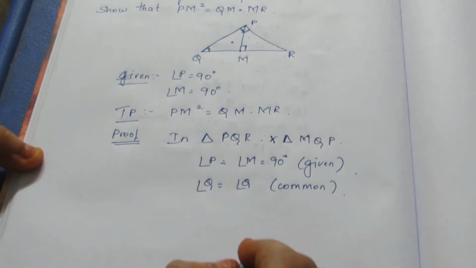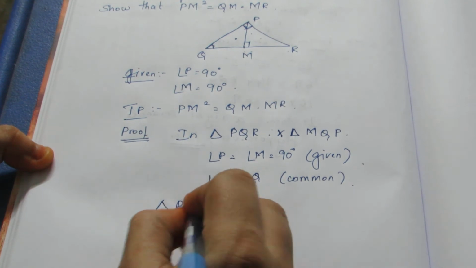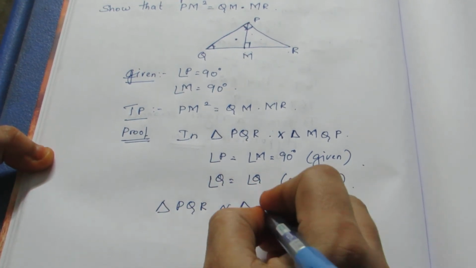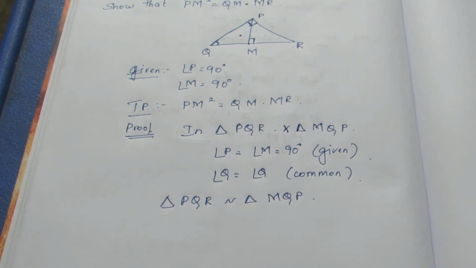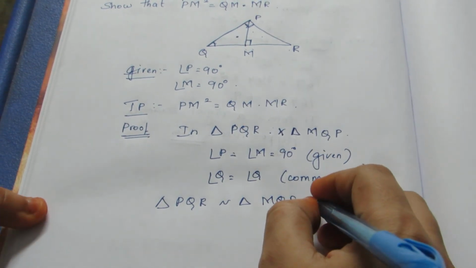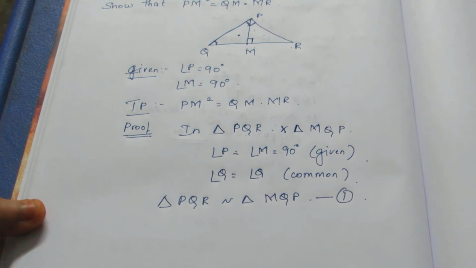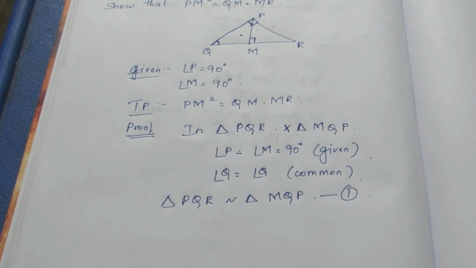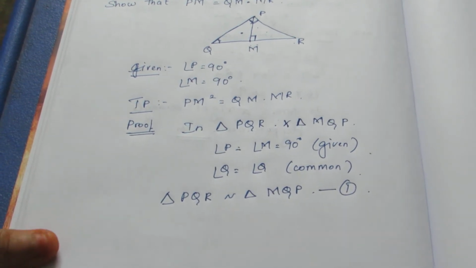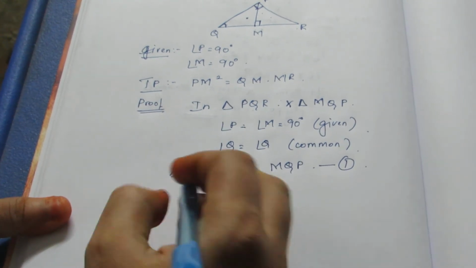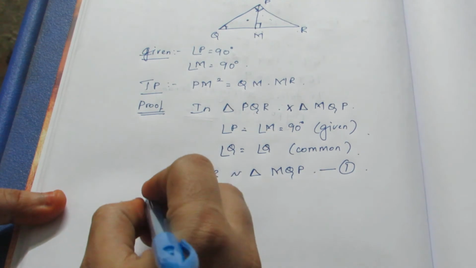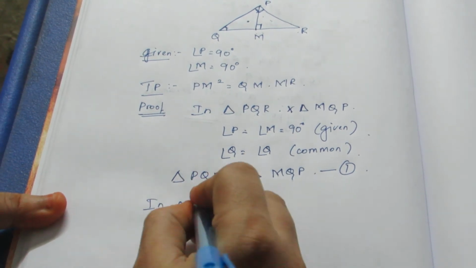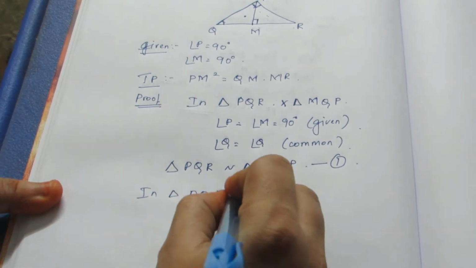By AA similarity we can say that triangle PQR is similar to triangle MQP. Now we have proved one triangle is similar, so let me mark this to be 1. Now let me take another triangle, this smaller triangle with the bigger one. So in triangle PQR and triangle